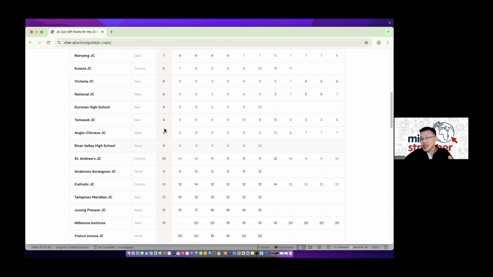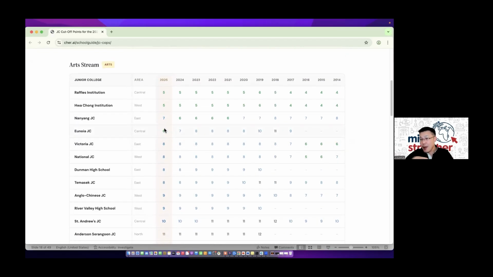So what is good here is that you don't need to slowly one by one click on the MOE website to look at individual schools. Plus here, you also get reference to the past year's data, right? So for the benefit of everybody, there are some key observations that you can already highlight from here.